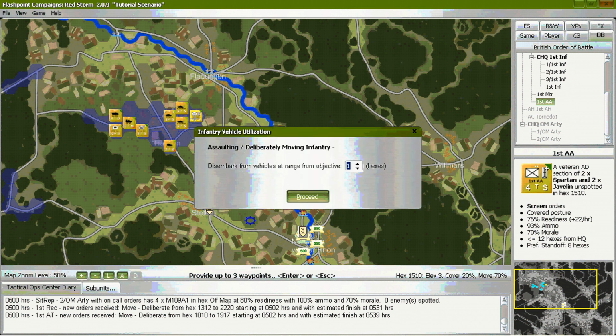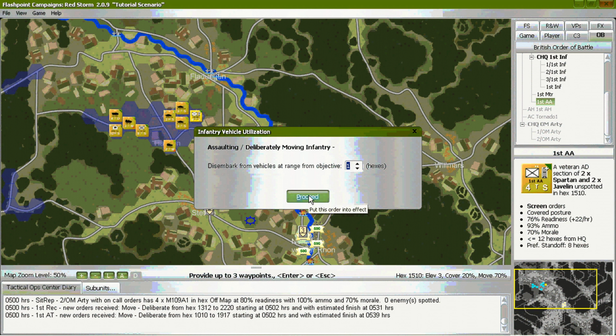After you click back on the first air defense unit, the infantry vehicle utilization window appears. This unit has 2 Spartan armored personnel carriers and 2 Javelin teams. These are passengers. And you will be asked to disembark from vehicles at a range from objective.